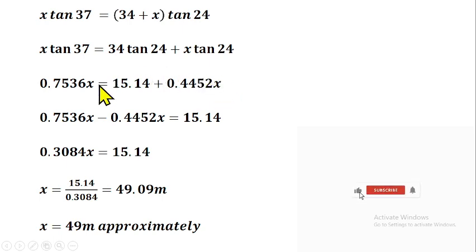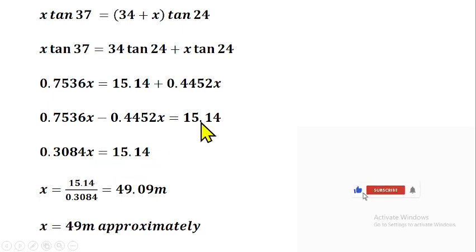0.4452x. From there you can collect like terms, this one comes here, you'll be having 0.7536x minus 0.4452x equals to 15.14. From there we can subtract this from this, 0.7536 minus 0.4452, that will give us 0.3084x. Or you can just factorize x out here. If you factorize x out here, you're having x into 0.7536 minus 0.4452, close the bracket. If you subtract what you have inside the bracket, you'll be having 0.3084 times x, which is going to give us